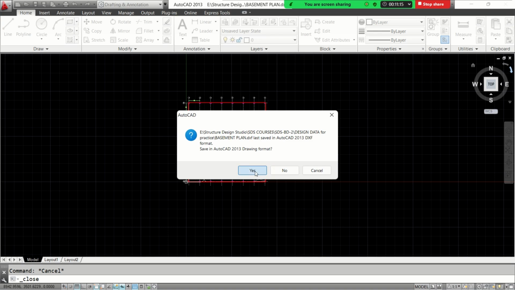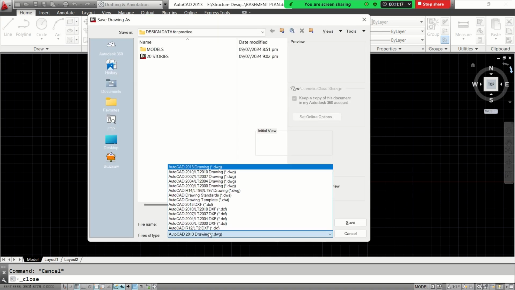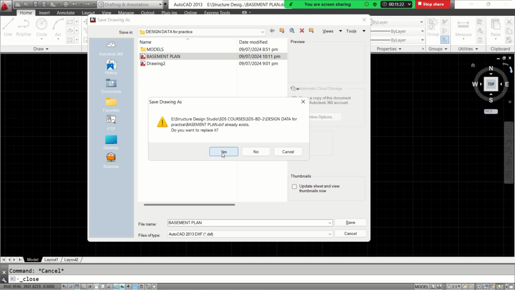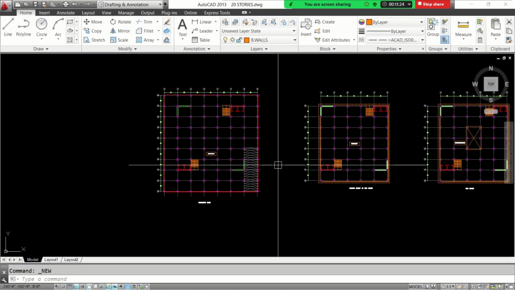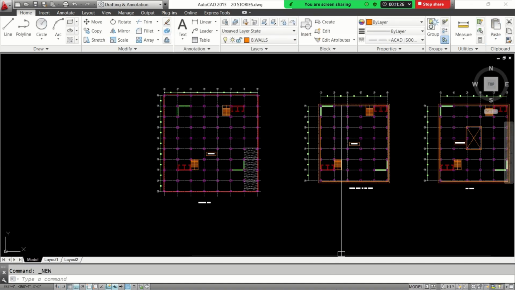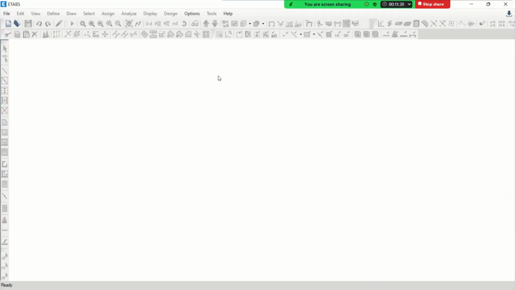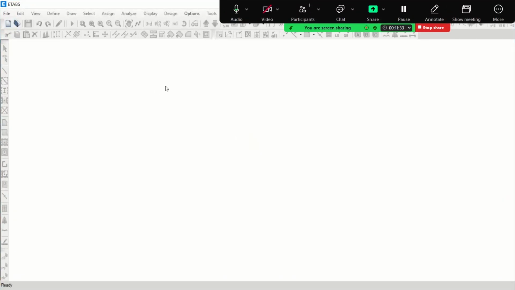It will again ask to save in this format. Okay, yes. Yes. So this file has been closed. Now open ETABS. So this is the interface of ETABS. When you click on new model,